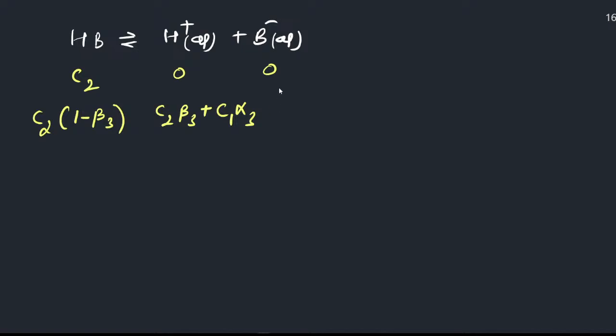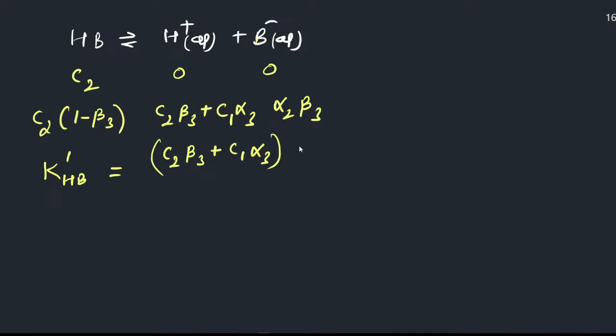So C1 alpha 3, and for B negative, it is C2 beta 3. So K_HB dash is equal to the H plus ion concentration, which is C2 beta 3 plus C1 alpha 3, into beta 3 divided by C2